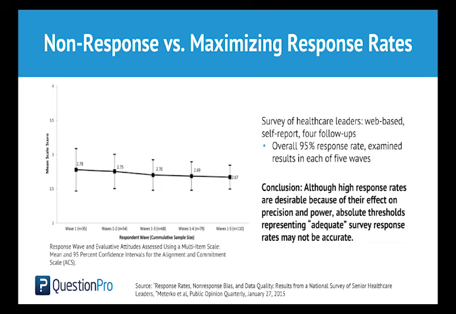If we look at the chart on the left of this slide, you can see that each of these indicators running from left to right are different waves in a survey that actually had a 95% overall response rate. So wave 1 had a lower response rate, all the way over to wave 5, which finally resulted in a 95% response rate. The high-low there on the chart is indicative of the confidence interval, which obviously decreases as we get a higher response rate. And the midpoint is the average on a multi-item scale that was tracked. The interesting thing is that while the precision, that is the narrowness of the confidence interval, increased as the response rate did,